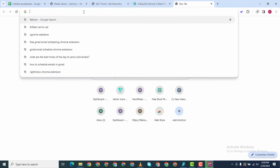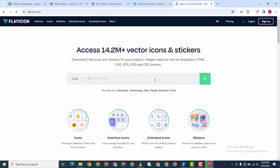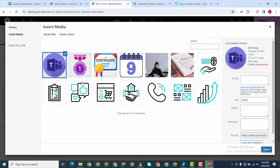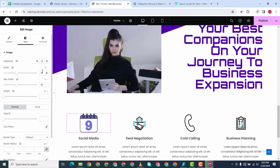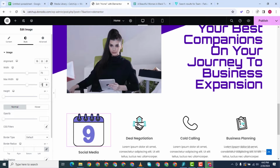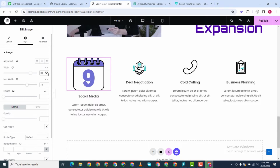We'll come to flaticon.com and look for some icons here. I'll pause this video while I look for them. So as you can see, I've gone ahead and downloaded some pictures here. These are actually icons. I want to use some of them here, but the difference is that I'm going to increase the size here. The width should be 70, and these two should be 70, and then I can make it 80,